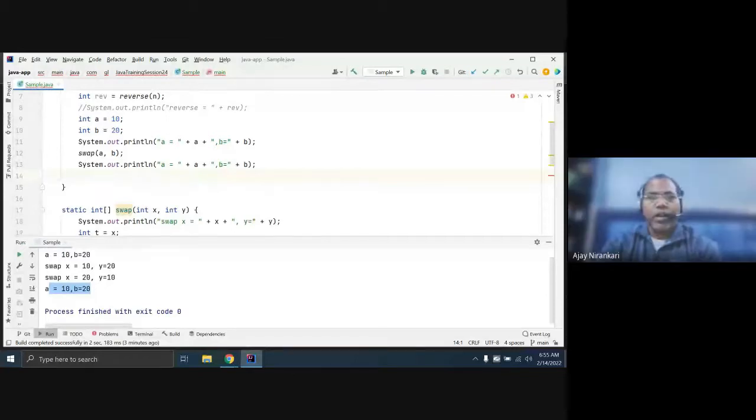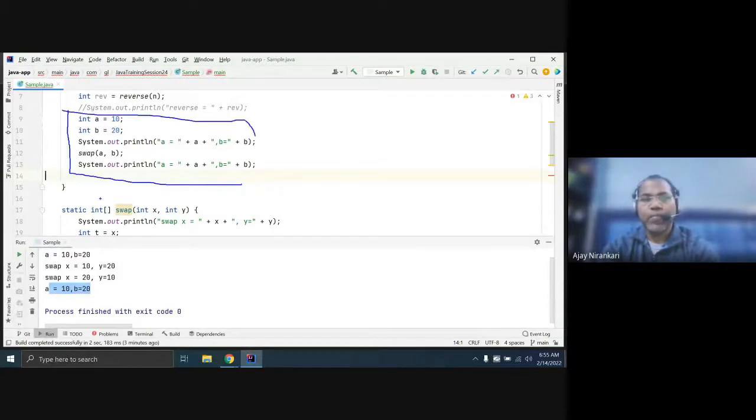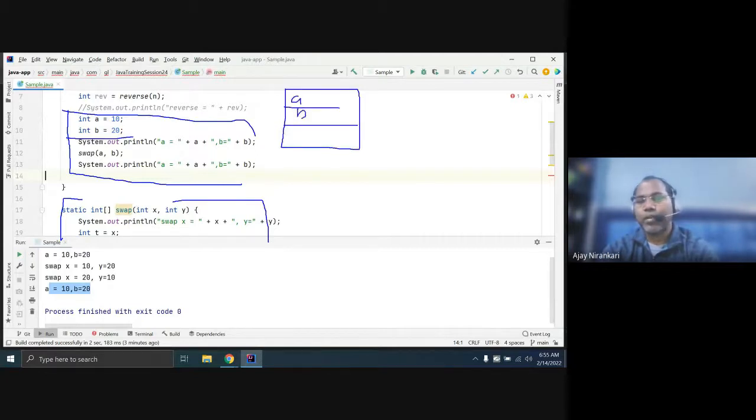Okay, so I'm trying to say, whenever you run this code, this is your main method and this is your sub method. This A, B value are stored in your main stack frame. And whenever you call the method swap, swap will change the values in its own stack frame, X and Y. So both are different stack frames, different memory.